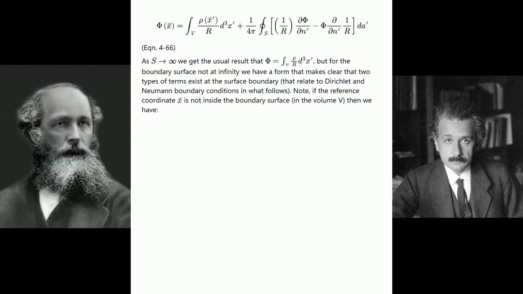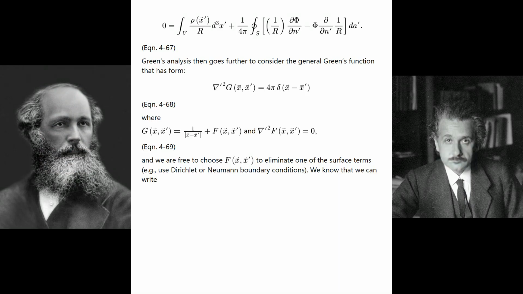As S goes to infinity we get the usual result that phi equals the integral over V of rho over r d cubed x prime, but for the boundary surface not at infinity we have a form that makes clear that two types of terms exist at the surface boundary, which relate to Dirichlet and Neumann boundary conditions in what follows. Note, if the reference coordinate x is not inside the boundary surface in the volume V, then we have Equation 4-67. Green's analysis then goes further to consider the general Green's function that has the form